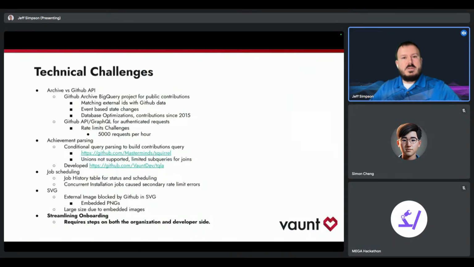And just a brief overview of some of the technical challenges we ran into when developing Vaunt, and to get to why we're using AI in the future. Initially, one of the challenges was getting some of that data I was talking about. We provide a community board that showcases a repo's contributions all the way back to 2015. We do this through the GitHub Archive event project, which provides BigQuery data all the way back to 2015, as well as up-to-date contributions for repositories through the GitHub API, primarily through GraphQL,